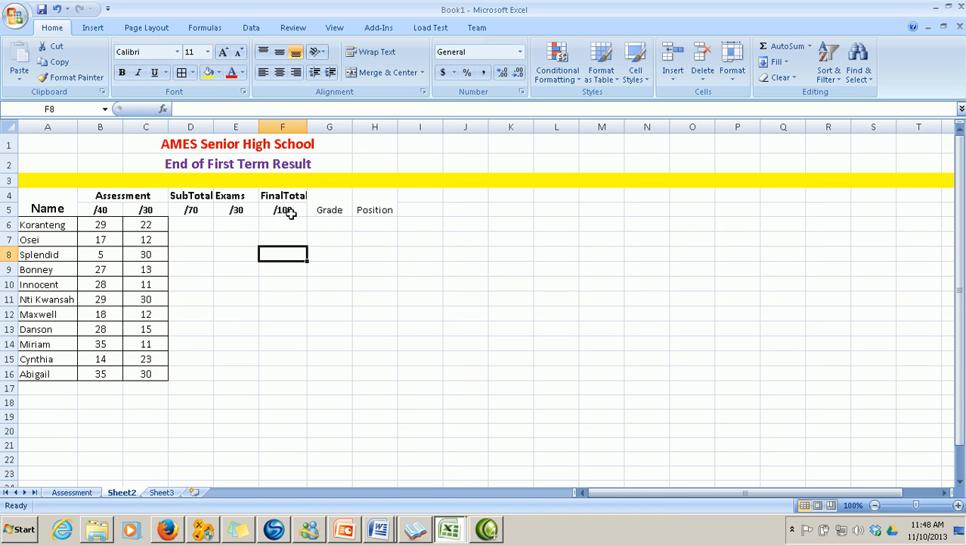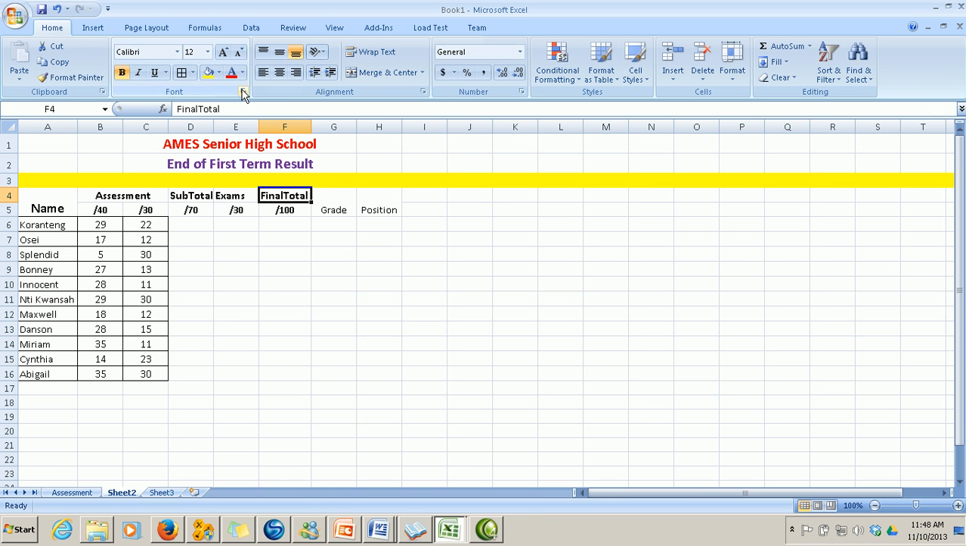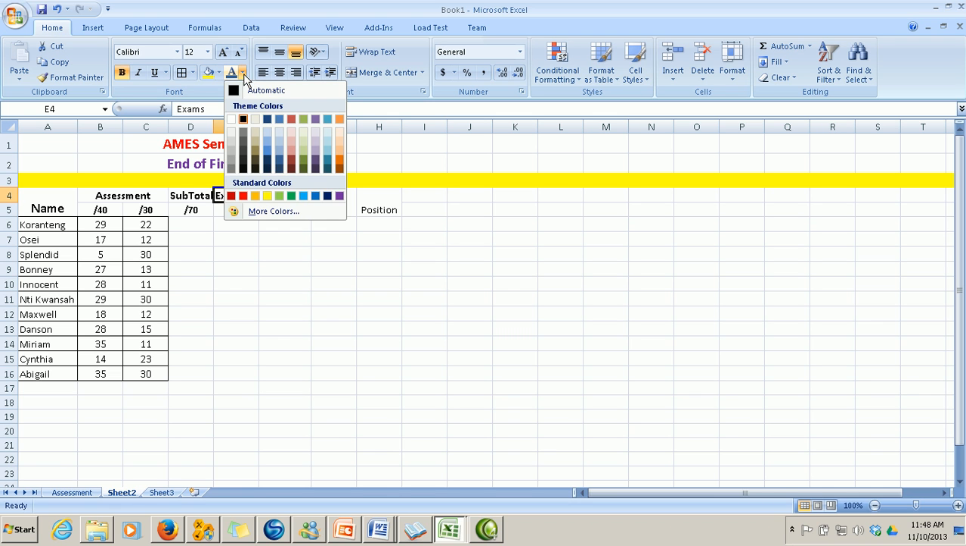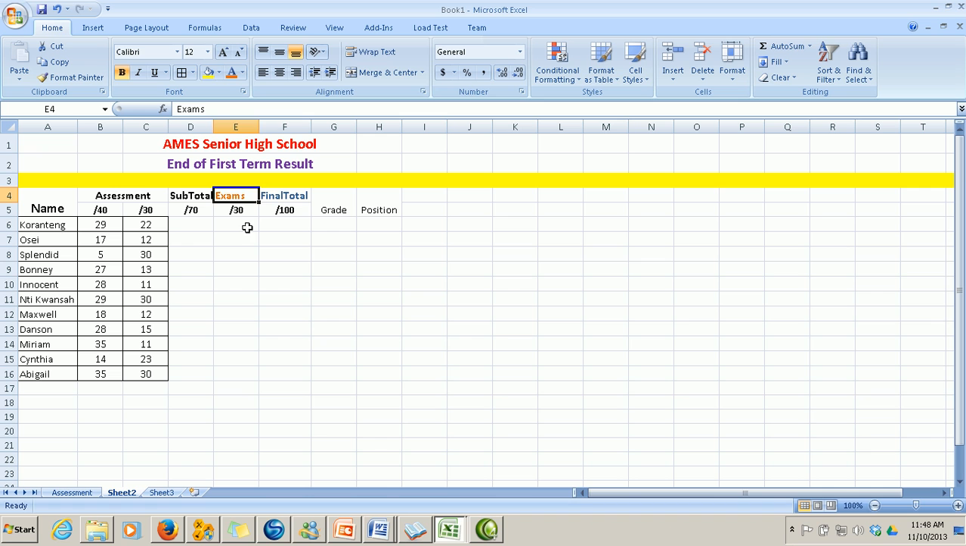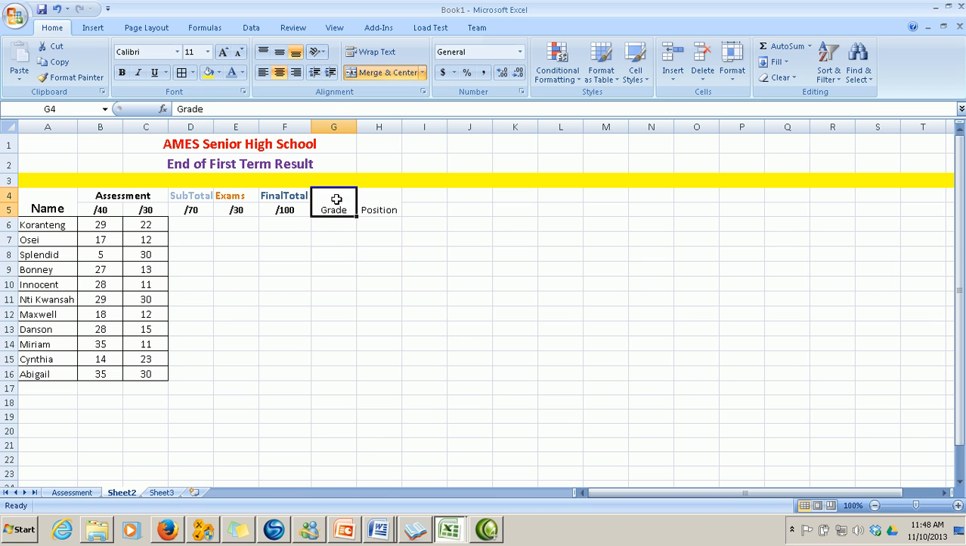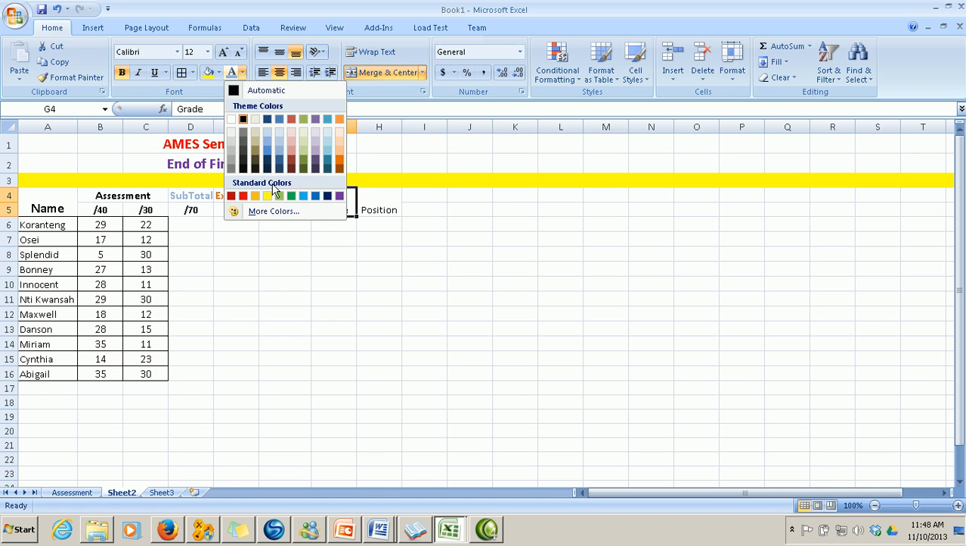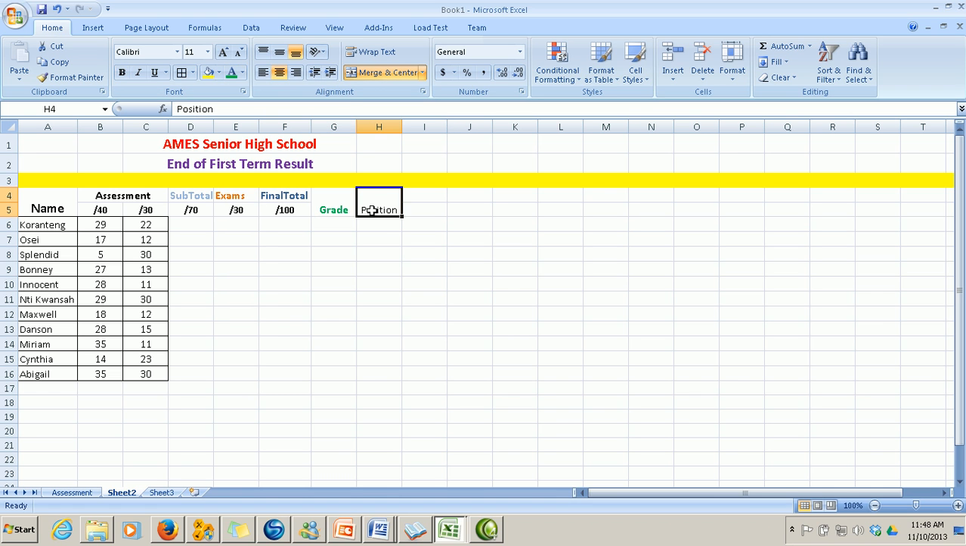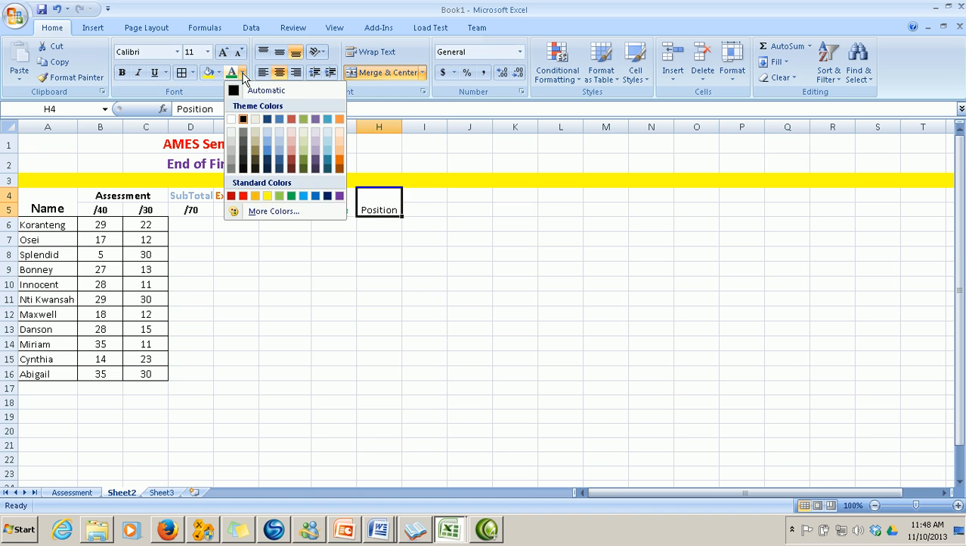Can bold. Okay, I can color this. Let me just play with you so that you can revise on your own. Okay, and the grade 12, bold, color green, position,